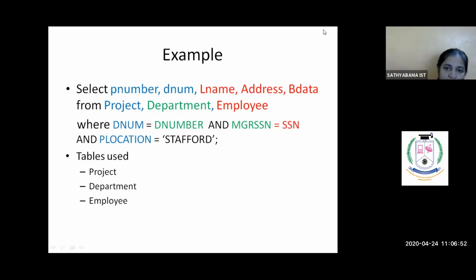Okay, we are giving straight away the value. Stafford is a place name, a value of a particular project location. So we are giving directly the value. So all the 3 conditions are being checked and relevant records alone should be selected. Okay, this is a sample query, and we are going to see how this is changed into relational algebra expression, as well as different various query trees we are going to generate from this expression.